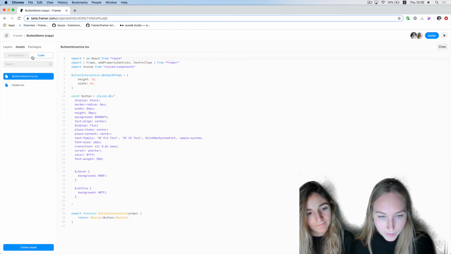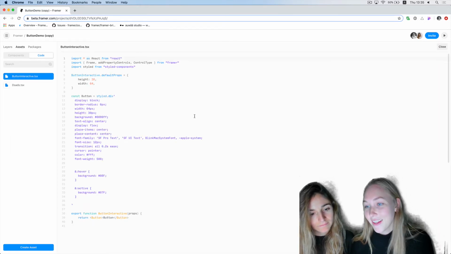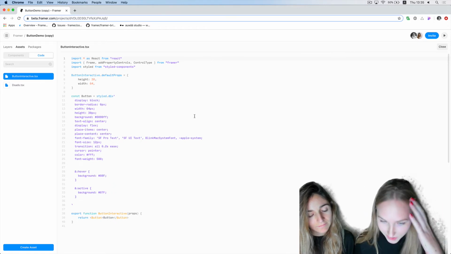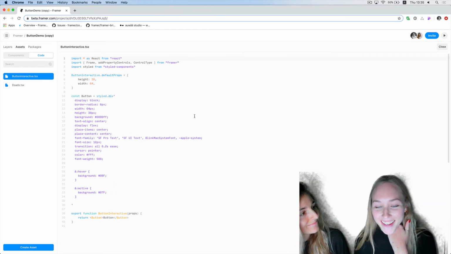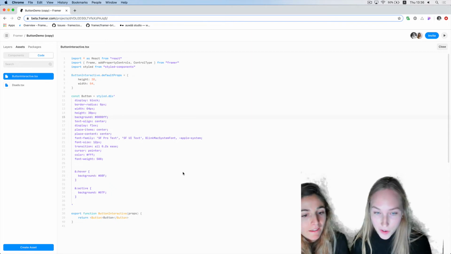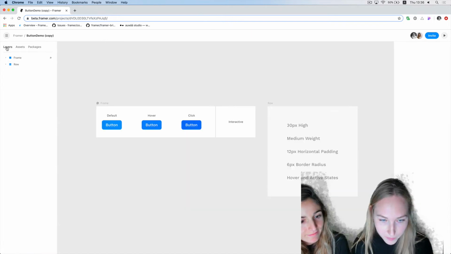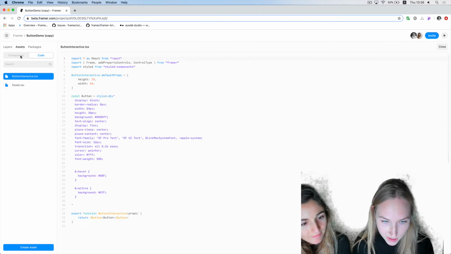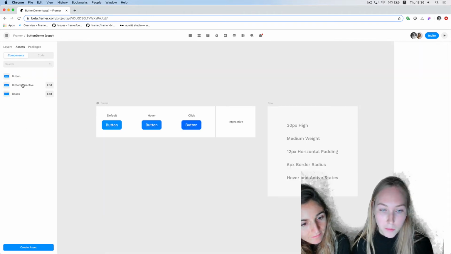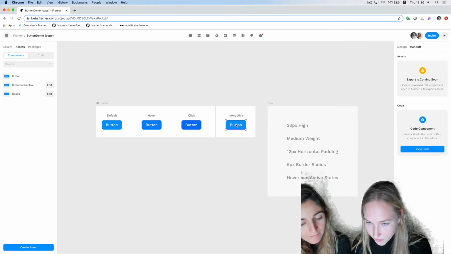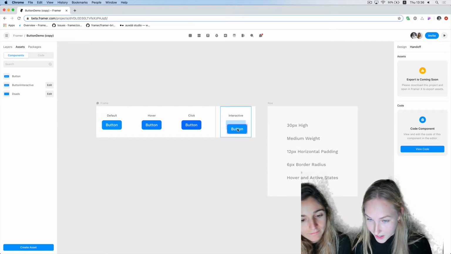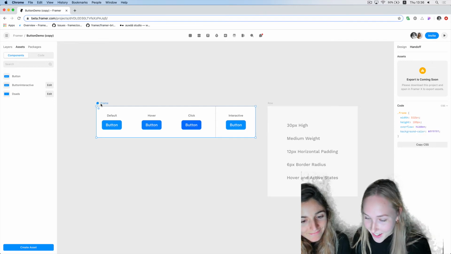So, well, that's anticlimactic because it's already built. So here you go, Aroa. Here is an interactive button that was built in Framer. So if we go to the assets components, button interactive is the code component, and I can drag this out. There's a stack here, by the way. And then if I preview,